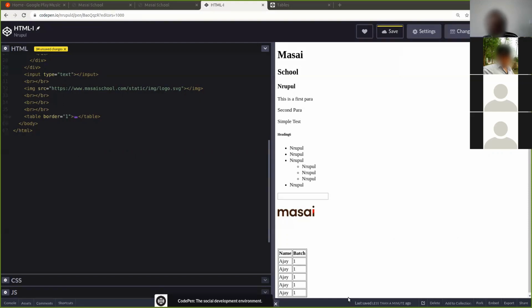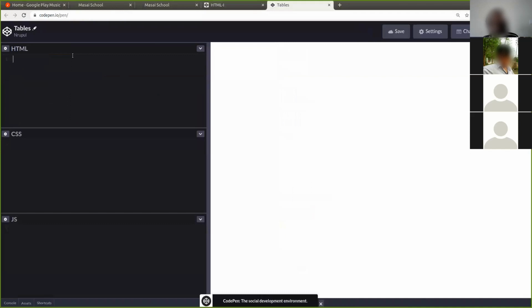Again, I keep telling people when you're doing the class, try to do it like you're using Visual Studio Code. I can't help it if you're doing something that has not been taught. So for today, just assume you are starting HTML from scratch and you know how to write HTML. Okay, now comes the tables. Again, I'm going to start with HTML because I'm going to write an HTML document. Like I told you, I will end it.